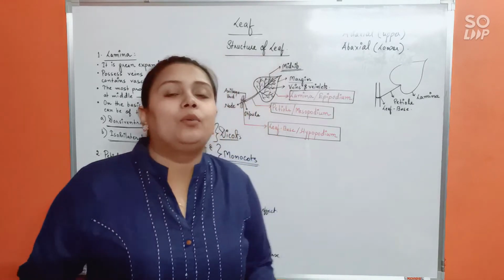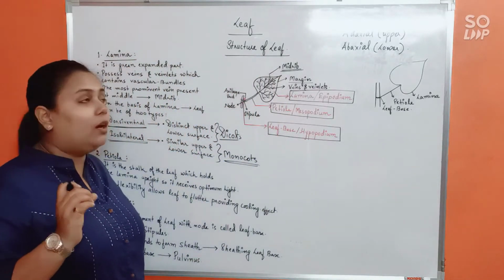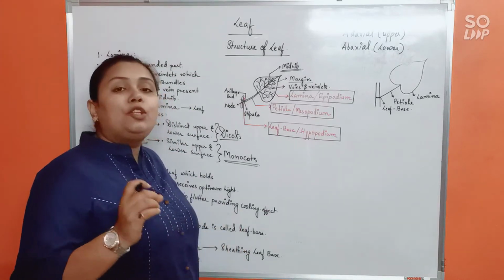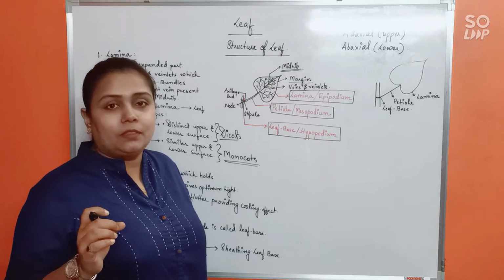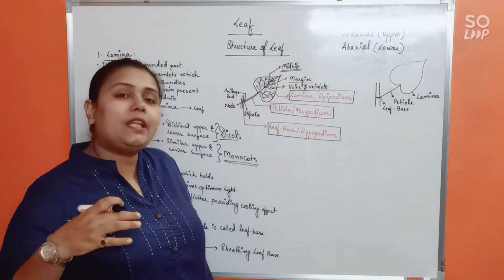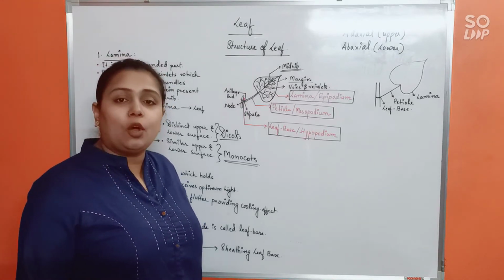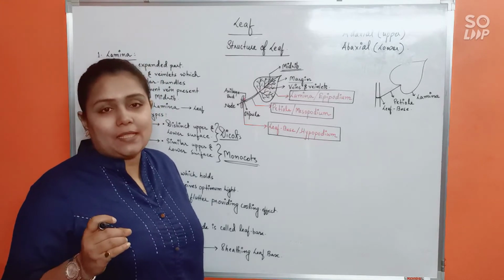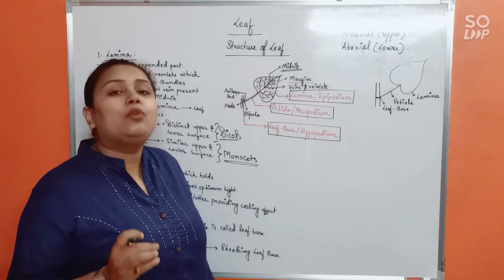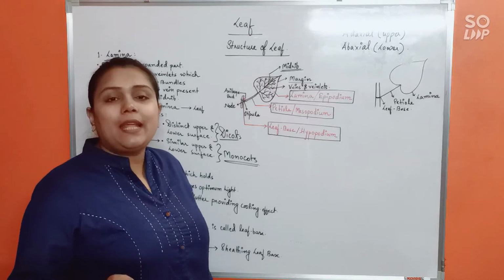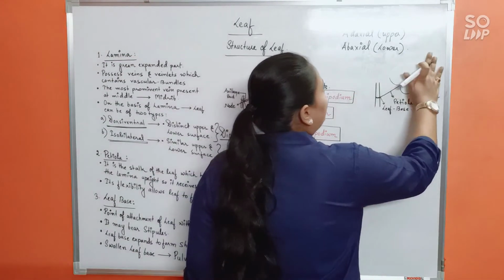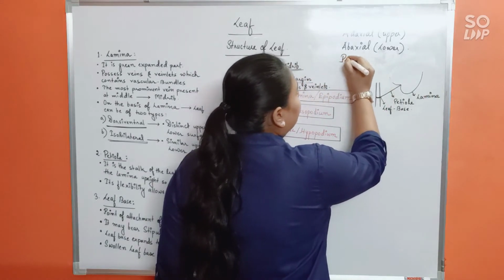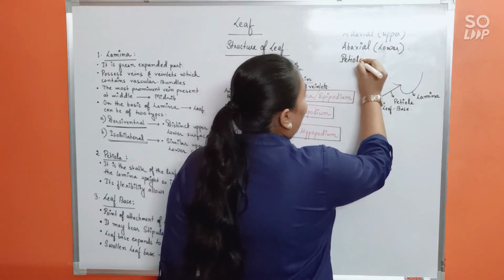Alright. Now, here is a very, very important term again. See, not all types of leaves possess a petiole. Certain leaves, mostly in the higher plants, possess a petiole, but the lower plants like pteridophytes do not possess a petiole. So in that case, a leaf which possesses a petiole is known as a petiolated leaf.